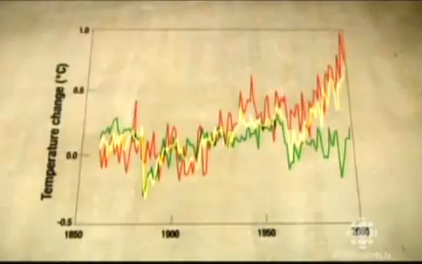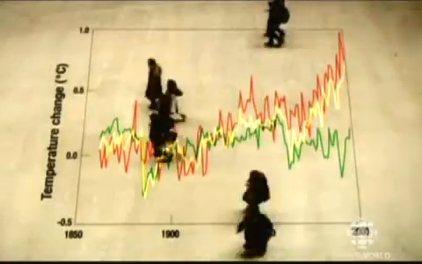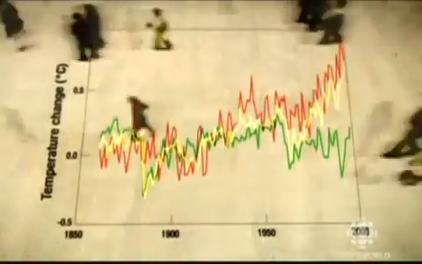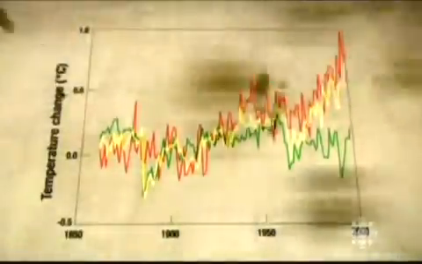So there you have it. There seems little doubt that this recent rise, this steep rise in temperature, is due to human activity. If you look at the green line of natural variability, it's clear that without the action of human beings, there would have been far less temperature change since the 1970s.